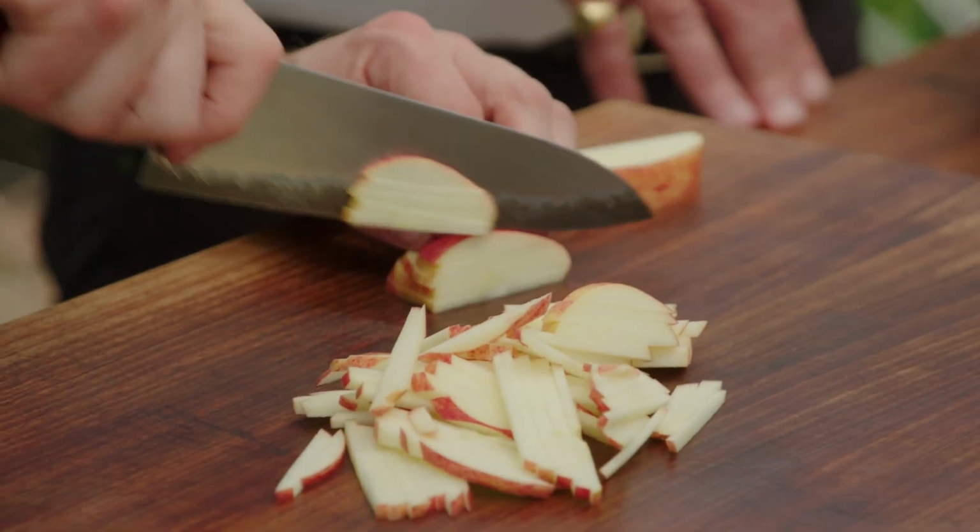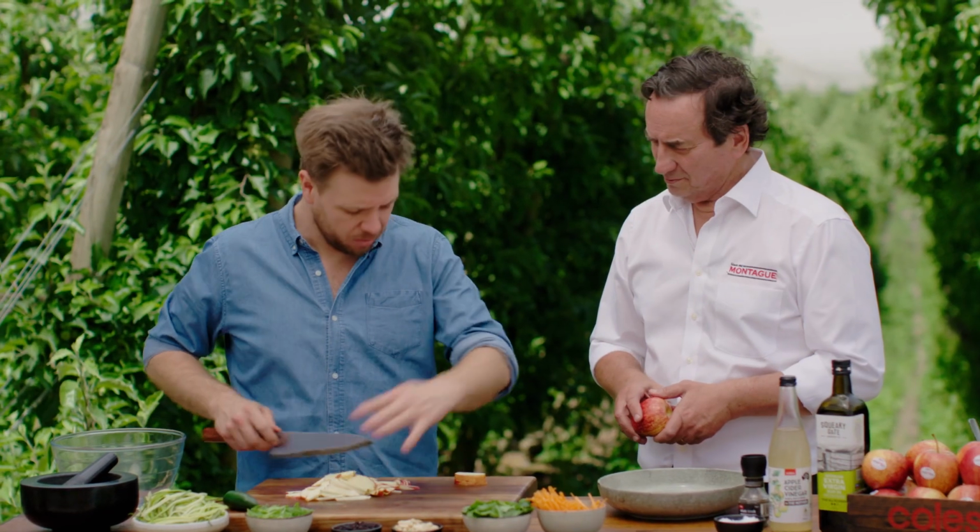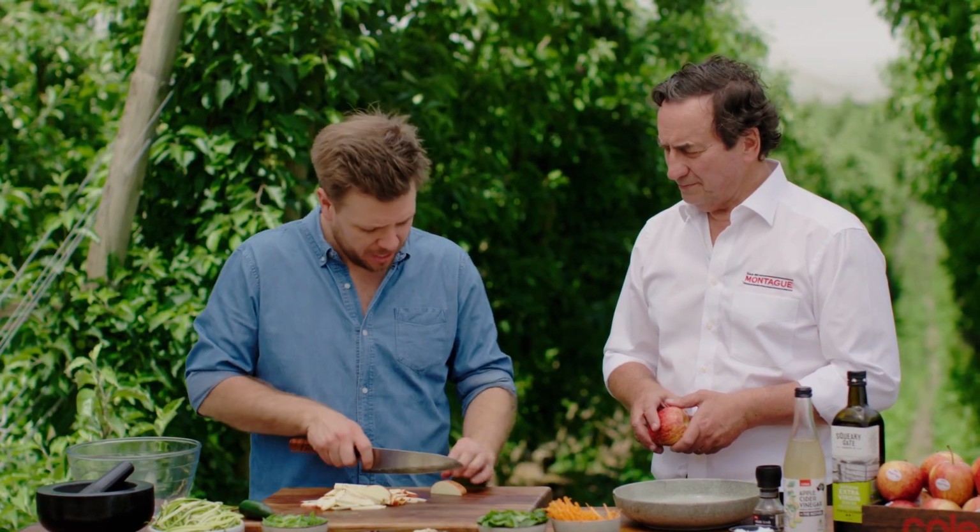Problem. Fair enough. So, Ray, we're just going to cut these into little matchsticks. You could easily grate them as well, but I like the bigger texture. Now,